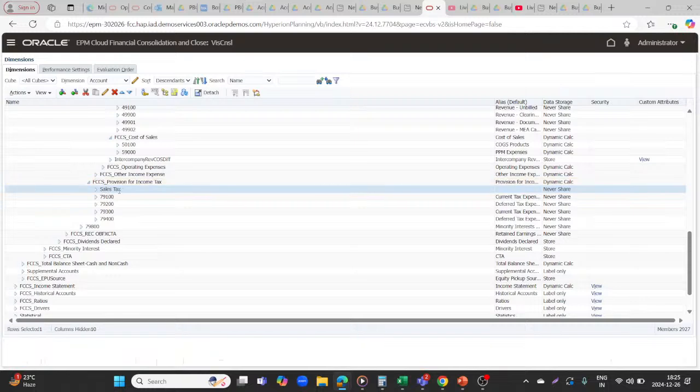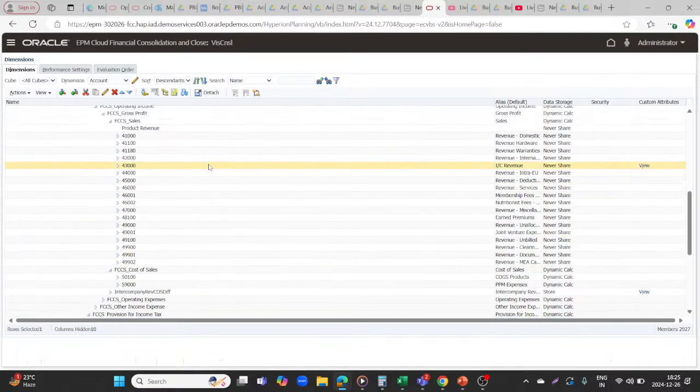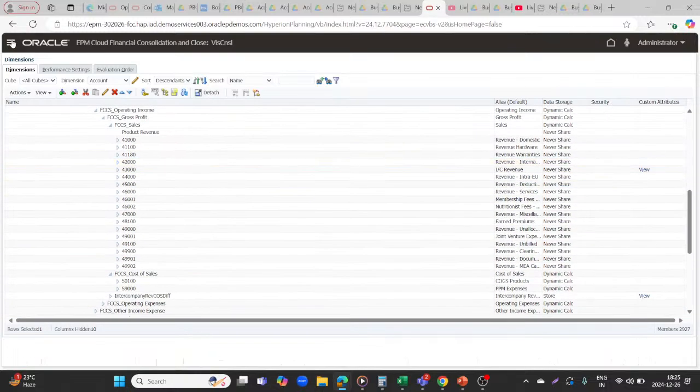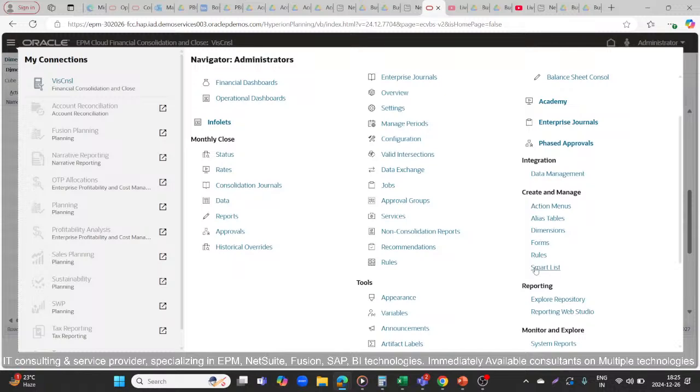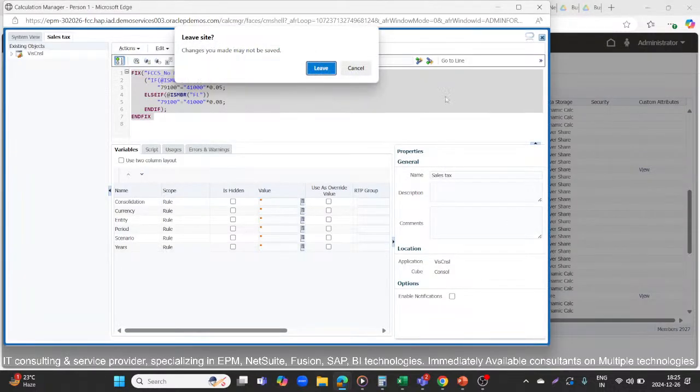Under sales tax, this is your tax account which has been created. So we'll use these two accounts and write the rule. So if you go to the rules under create and manage,